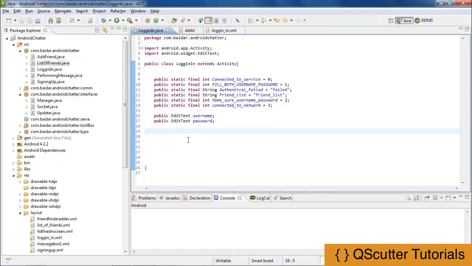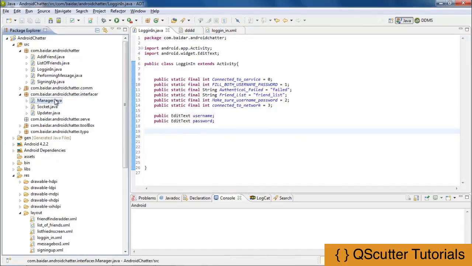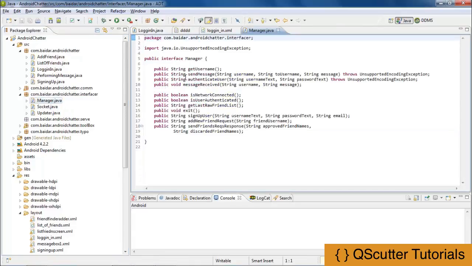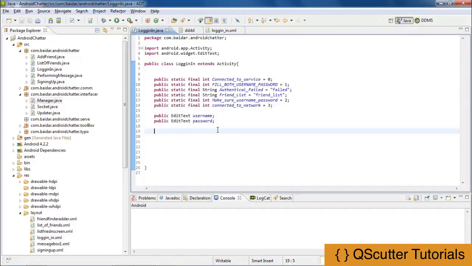Then I'm going to create a reference to the manager class. What is the manager class? It is actually not a class, but an interface, and it provides us unimplemented methods like username, send message, authenticate user, and we're now going to implement all these methods with their network connections and signing up the user and all this information. So I'm going to close it, and then I'm going to create a service, a reference to the manager class. So public